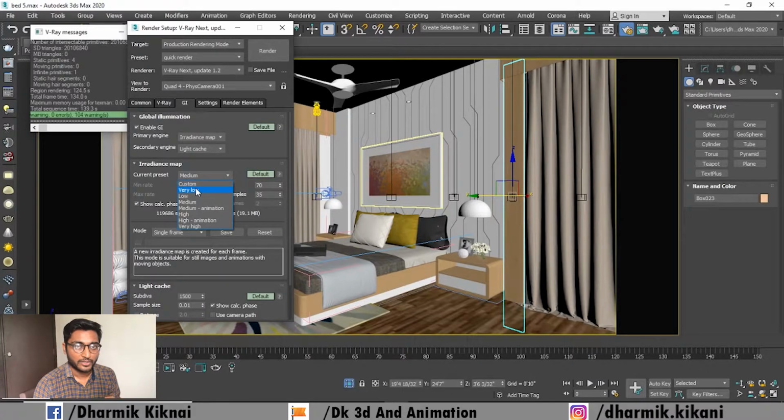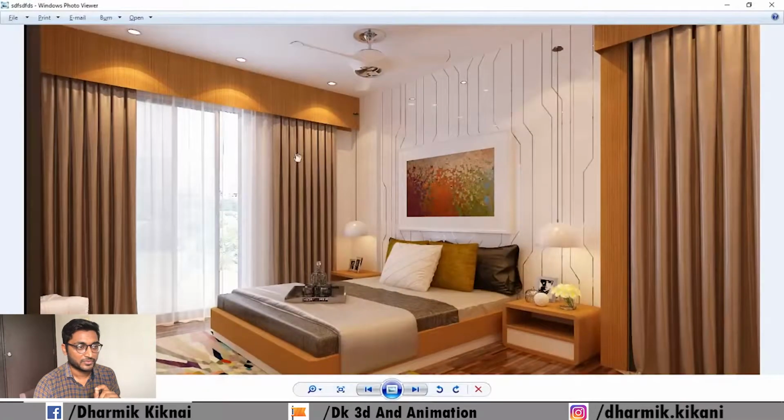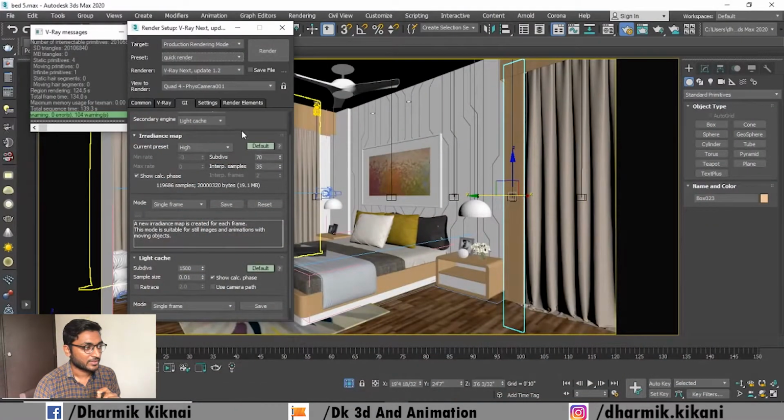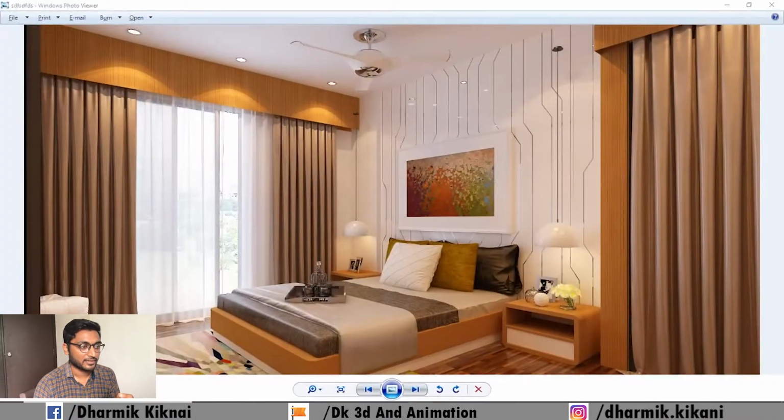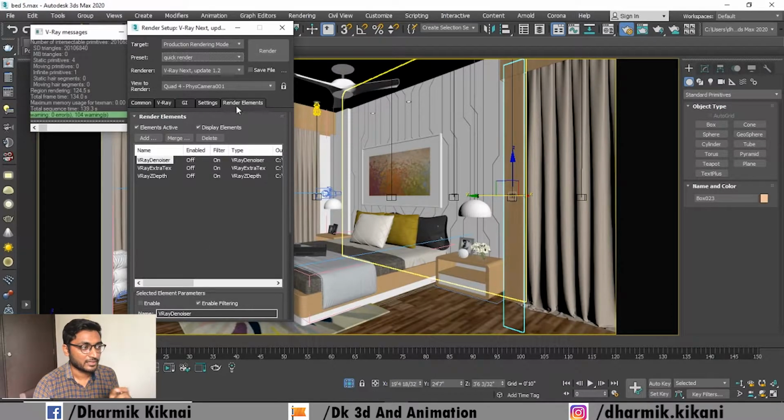For a low render you need to use very low, and for the final render use 1500 and high, so you can get this kind of quality result. So I take very low and 500, so you can get the difference between this final render and low render.